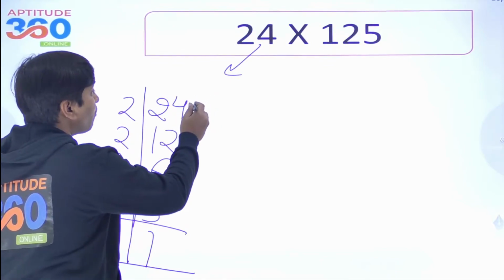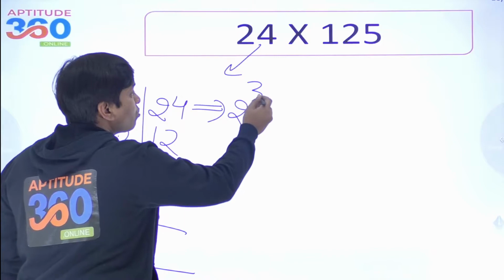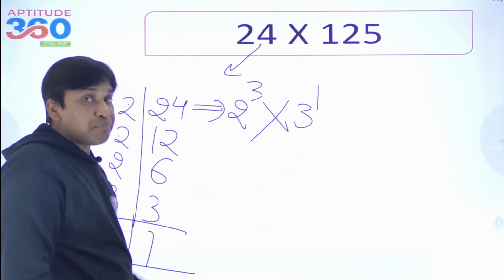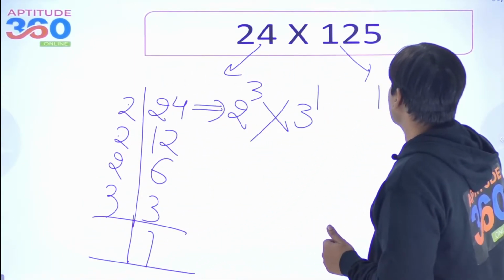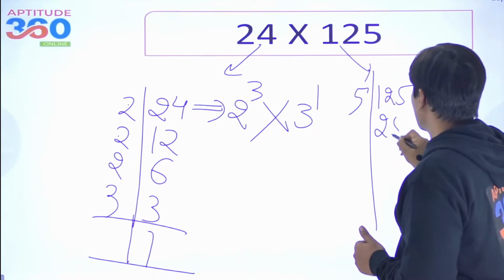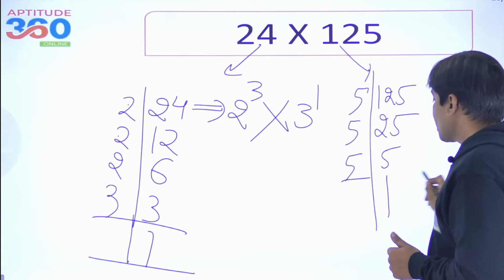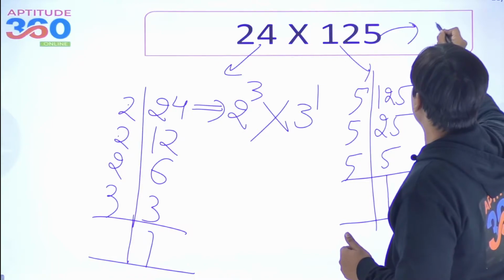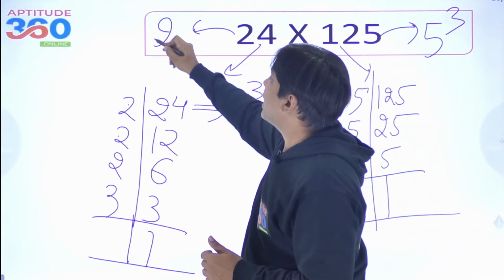और हम क्या बोलेंगे, फिर बोलेंगे 1 2 and 3. So 2, this is going to be 2 to the power 3 and this is going to be 3 to the power 1. Is that okay? How many over here 125, if you know, is nothing but this is 25 and this is 5 and this is 5. So every time, so what is that we are having? Try to understand, we are having 5 to the power 3, and how many 2's are we having? 2 to the power 3.